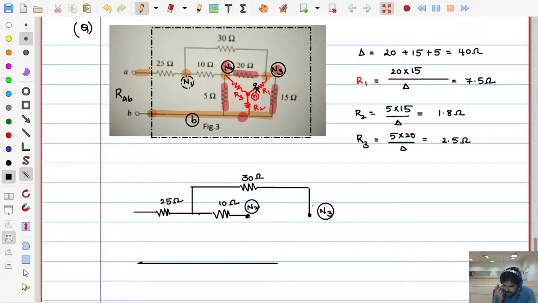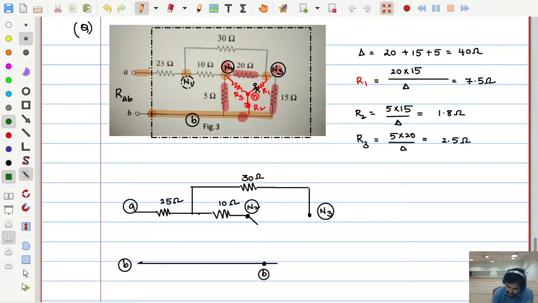Now these highlighted resistors, that is old 20, 5 and 15 ohms, will be removed. In place of them, I will try to add R1, R2, R3. Where shall I add? Between these nodes only. This is node B, which may be A and B terminals. So am I missing anything? See, these three shaded elements are replaced with these new elements.